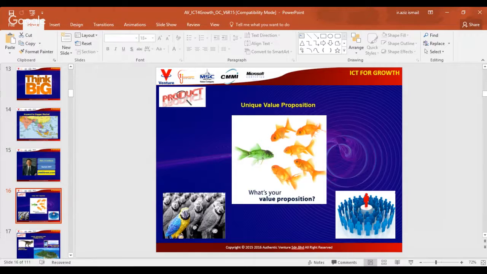What is the difference between you compared to your competitor? What is your strength better than your competitor? You must know this. Whatever product, whatever services that you do, you must know what is unique about your product. Once you know what is unique about your product, then you are going to talk about it